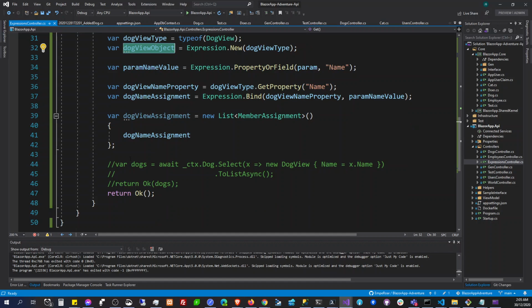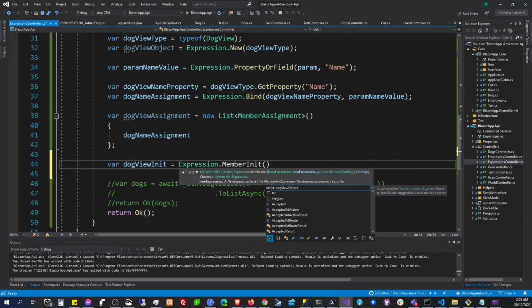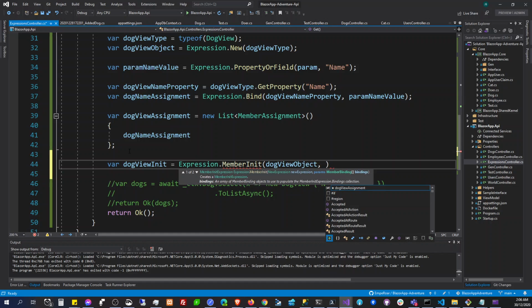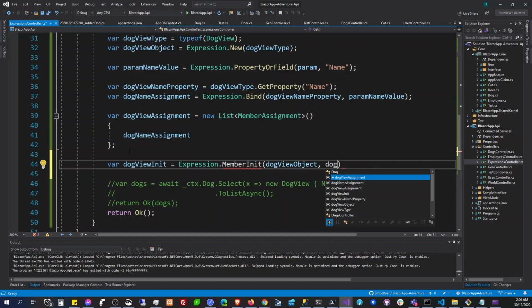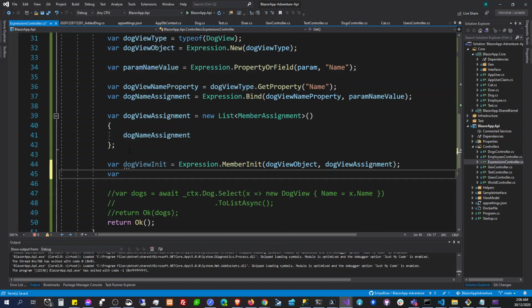And then we're going to do dog view init here, which is equal to expression that member init, then the dog view object, and then the dog view assignment here. Okay, and after that, the dog view select